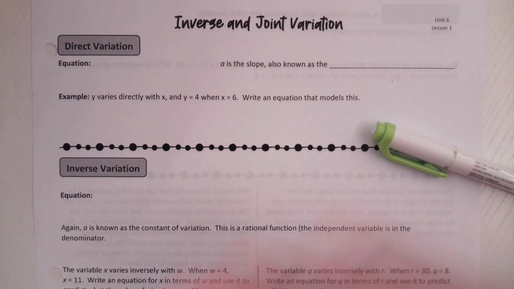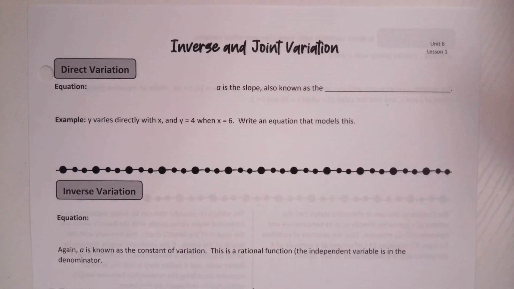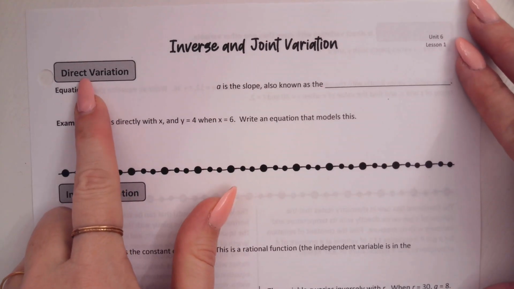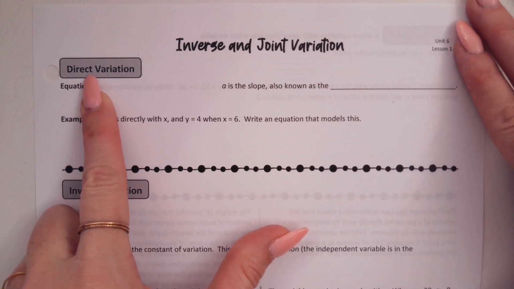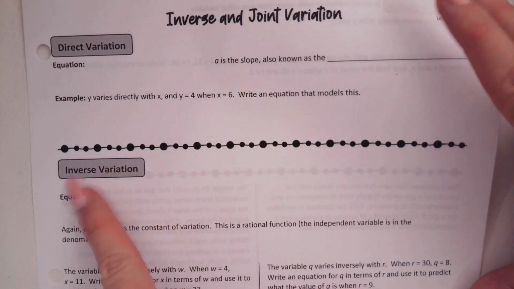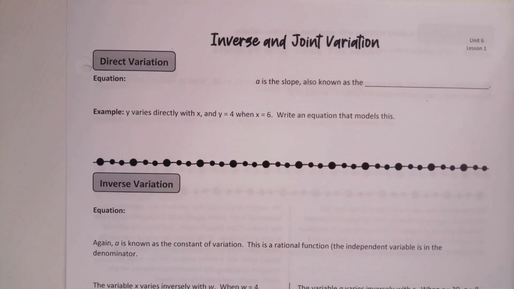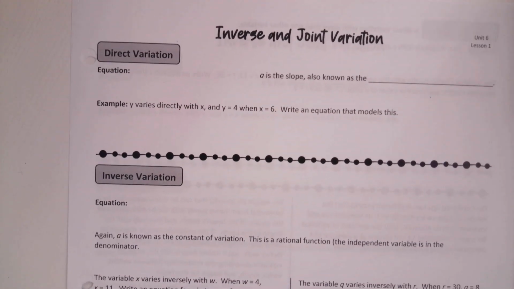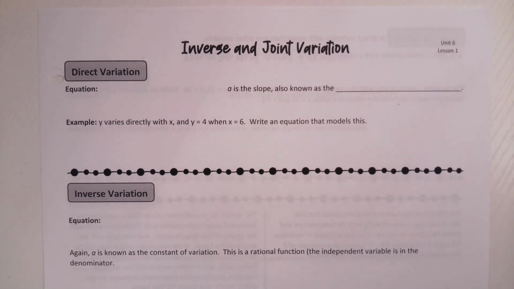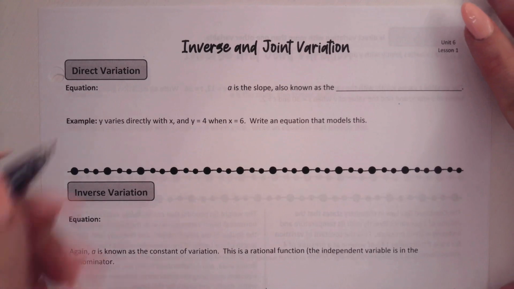So this unit is very heavy on the graphing, but no graphing today. We're going to look at direct variation, which is a review of Algebra 1. Inverse variation is new for us for Algebra 2. And then joint variation is kind of like when you combine the two of them together. Straight from Algebra 1, direct variation is a special type of linear function, so a special type of straight line